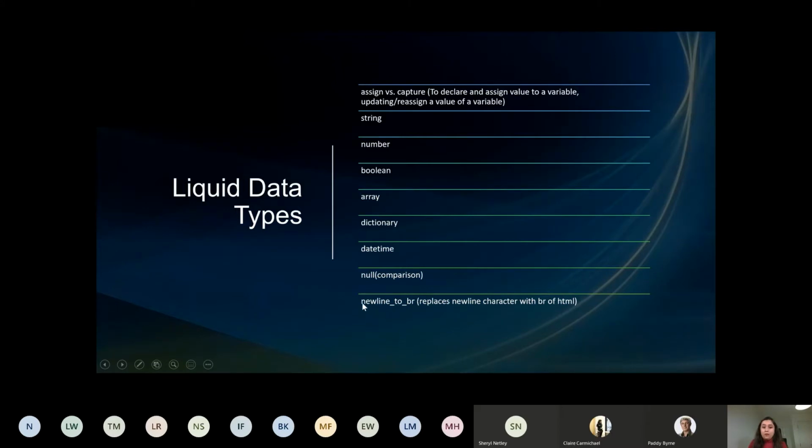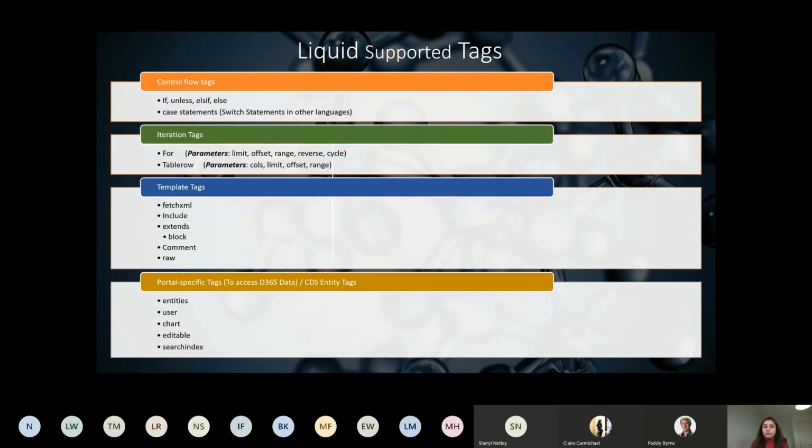And one more keyword, or data type: as in HTML we use the BR sign to break a line. If we are writing a lot of text, we will want to break the line. So this syntax can be used in the Liquid tags. So these are the basic data types. And then, to write conditional flows and iteration, we have a couple of Liquid tags available for that as well. So control flow tags, as we know: if, else, unless, else if. We'll be seeing the demo using most of these supported tags for Liquid.